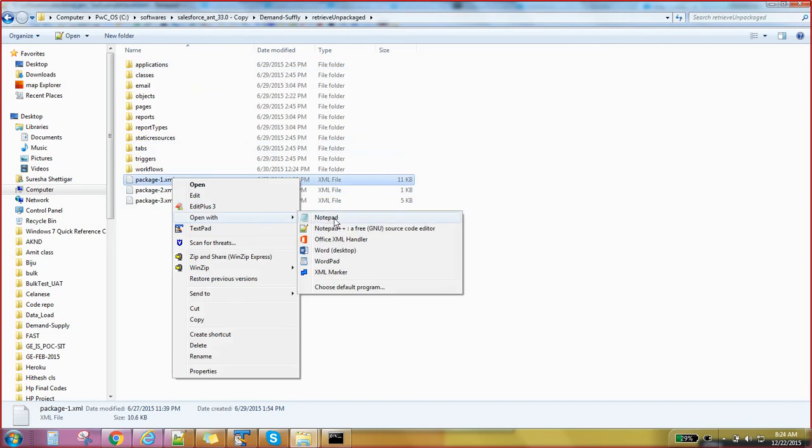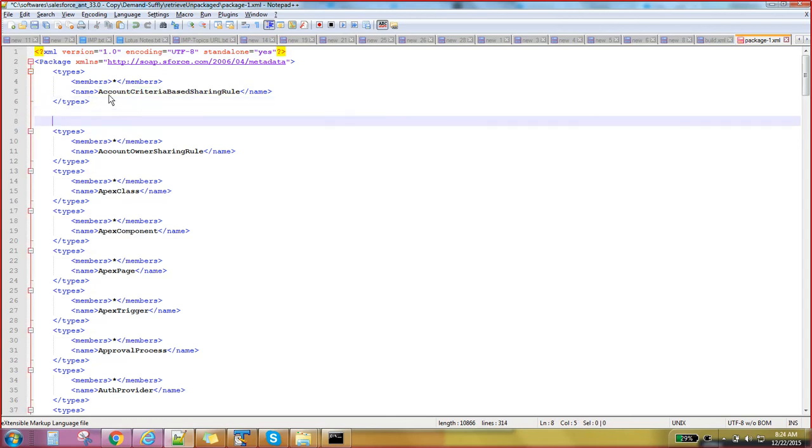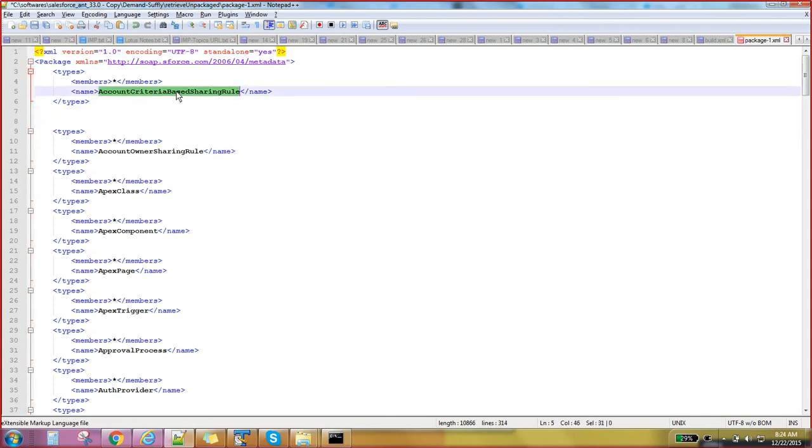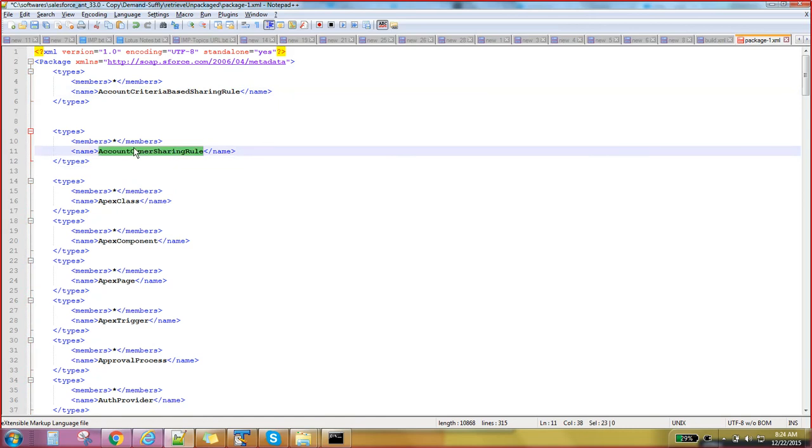I will show you another package.xml file. There will be something called types. If you are going for a sharing rule, we have to mention something like account sharing, criteria based sharing rule. These are different types of metadata types.